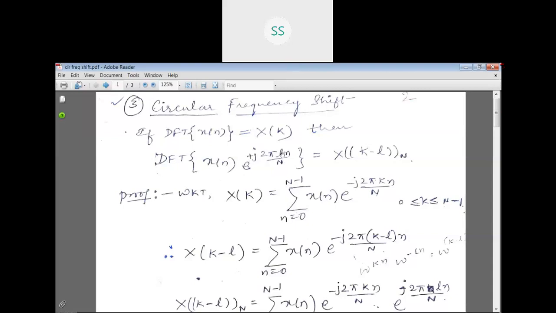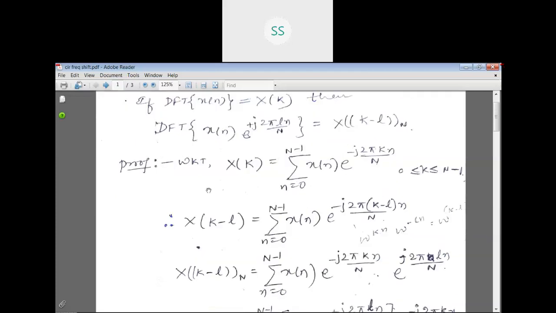Whenever L is not equal to 0, then according to the L value, our DFT samples are going to just shift. Shift in the sense it is a circular shift only. There is no linear shift in this subject. We have been discussing circular shifts for the time reversed sequence. Similarly, circular shift for the same when x of n is multiplied by e power j 2 pi ln by N. The meaning of n is as usual, it represents the number of samples.